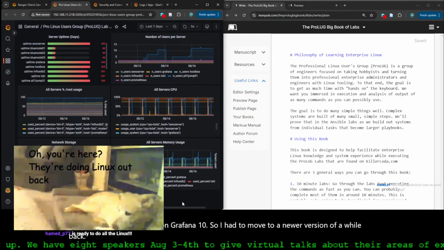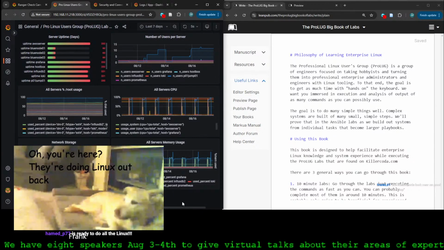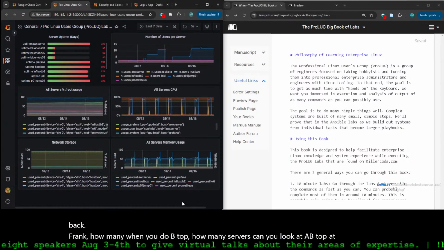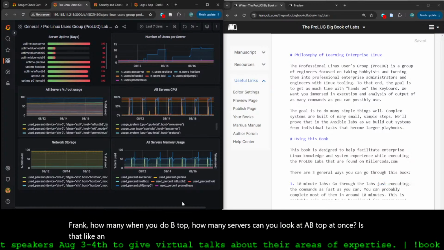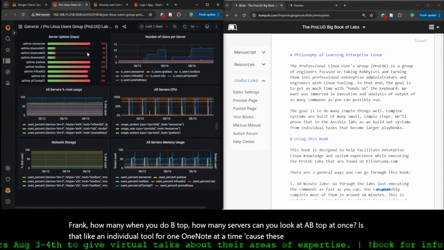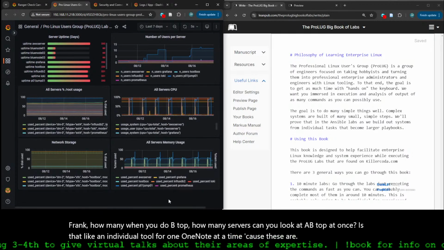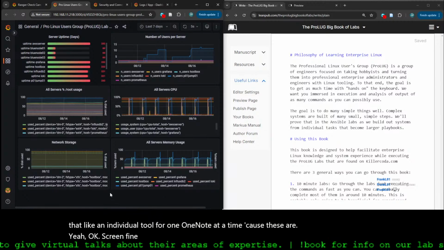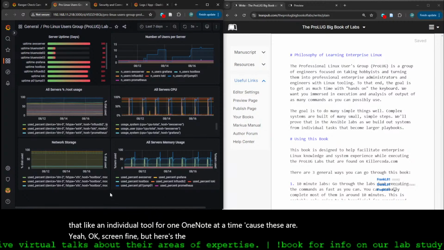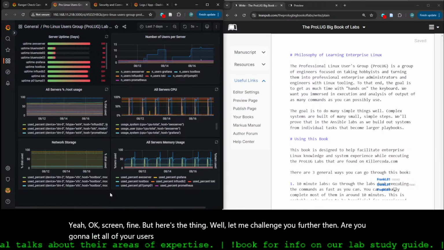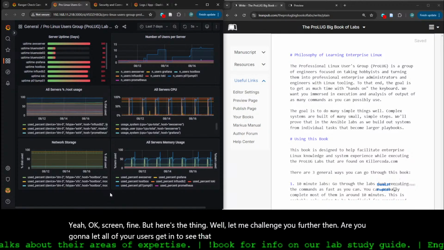Frank, when you do BTOP, how many servers can you look at at once? Is that like an individual tool for one node at a time? Oh yeah, okay, screen, fine. But here's the thing. Let me challenge you further then. Are you going to let all of your users get in to see that data at the command line, or are most of your